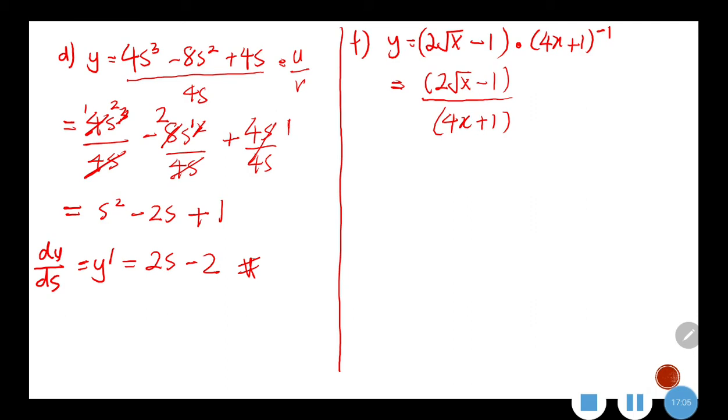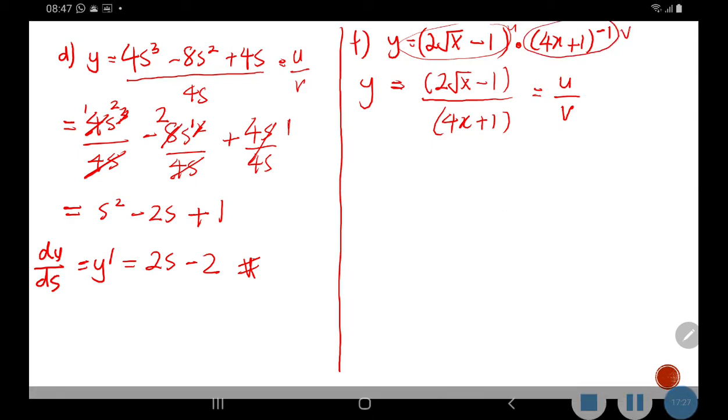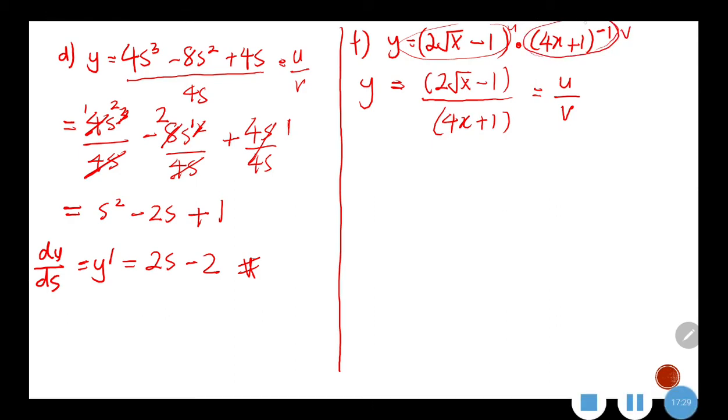Okay. So this is y. This one is more suitable for you to use the quotient rule, meaning regard this as u over v. If you want to regard this as product rule, that is also possible, meaning this is your u and this one is your v. But the issue is that your v is 4x plus 1 power of negative 1. This is rather complicated for you to solve. So I would not advise you to use the product rule for this function, but instead we use the quotient